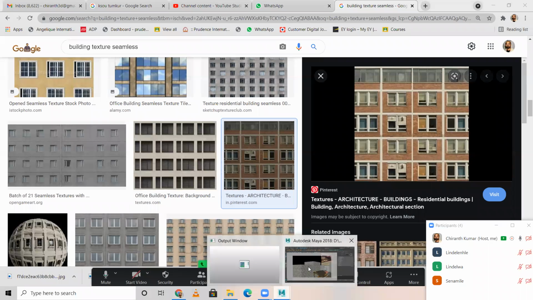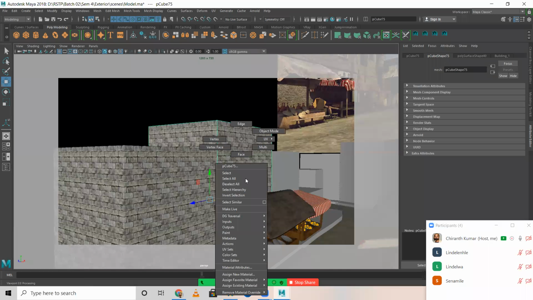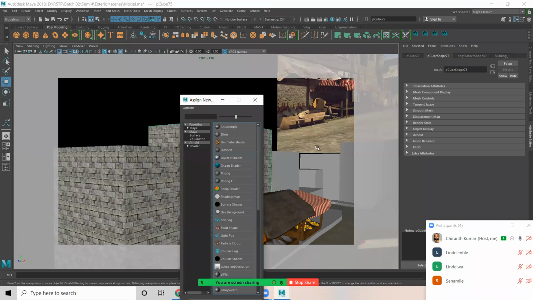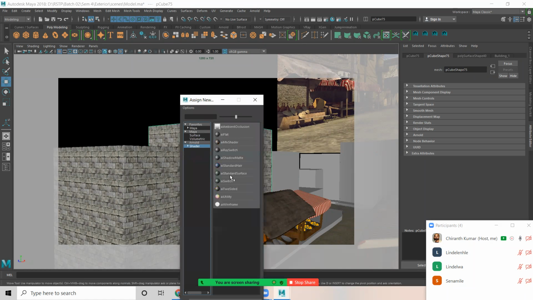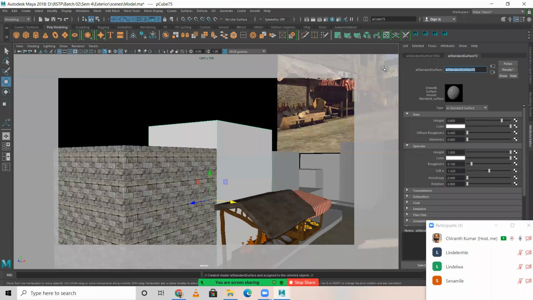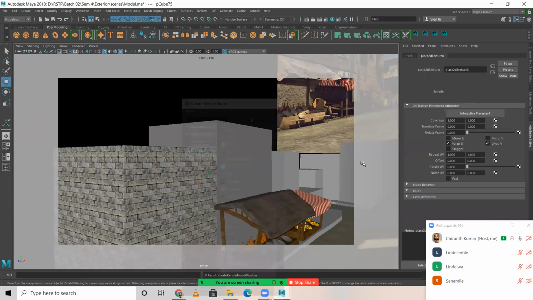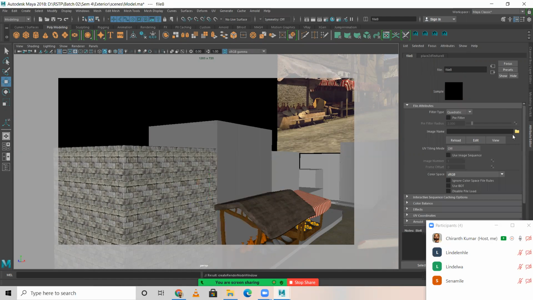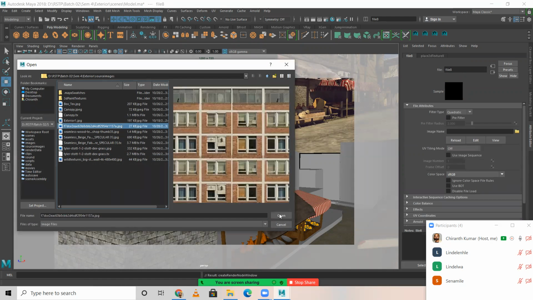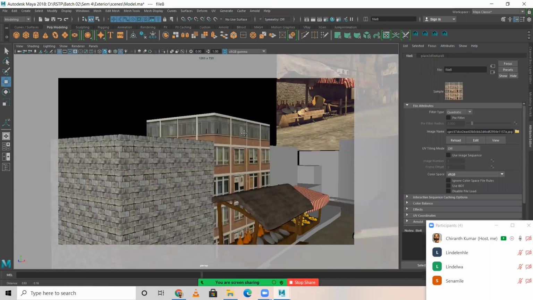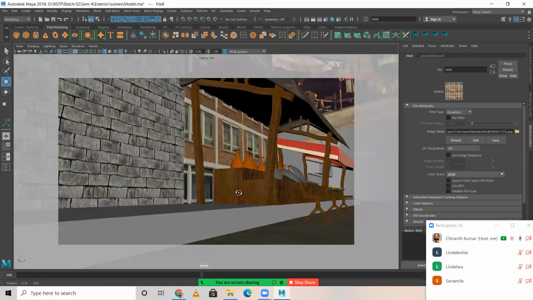I'll come to Maya. So assign new material, not existing, new material, Arnold shader, AI standard surface, building 2. IOR reduce, weight reduce. Here you increase in the base. In color part, click on empty file and here choose the image, open. Great, it's done. See,